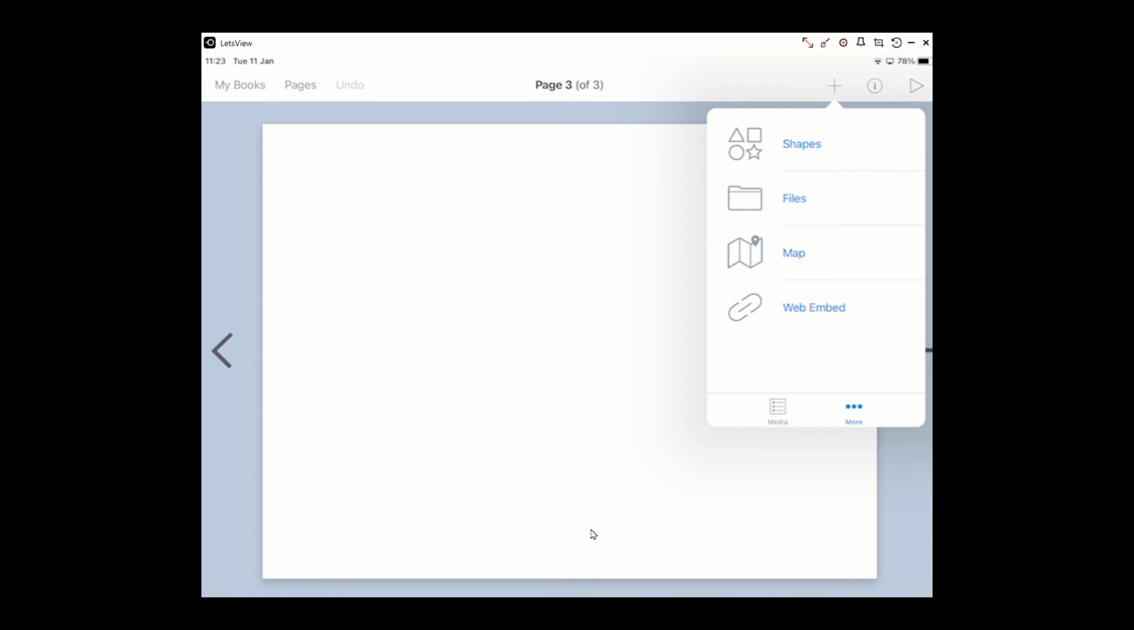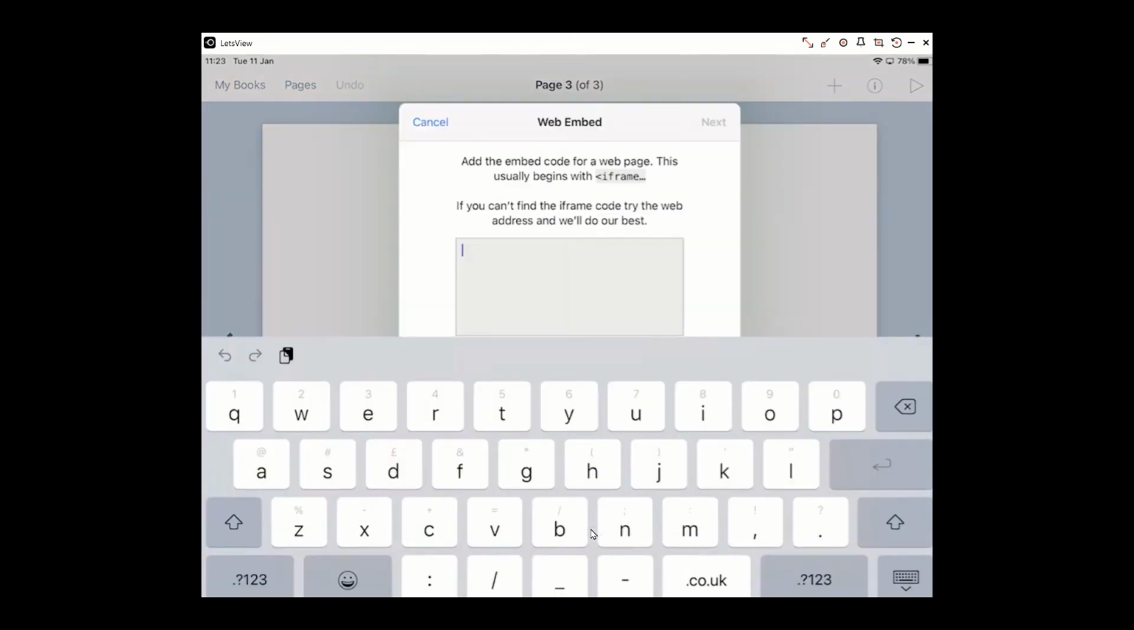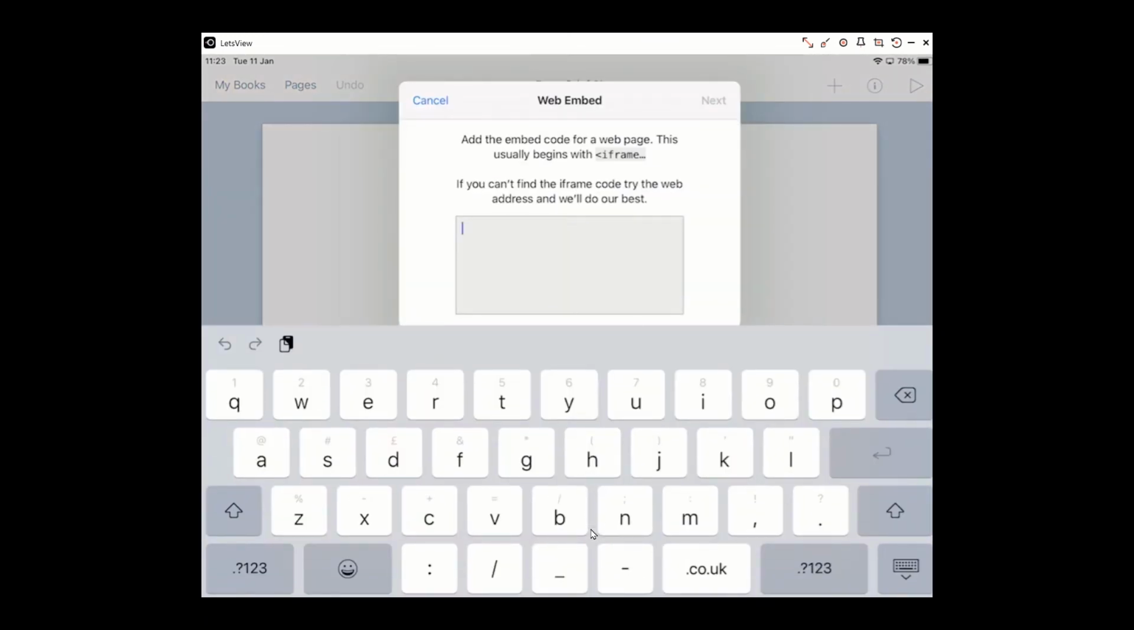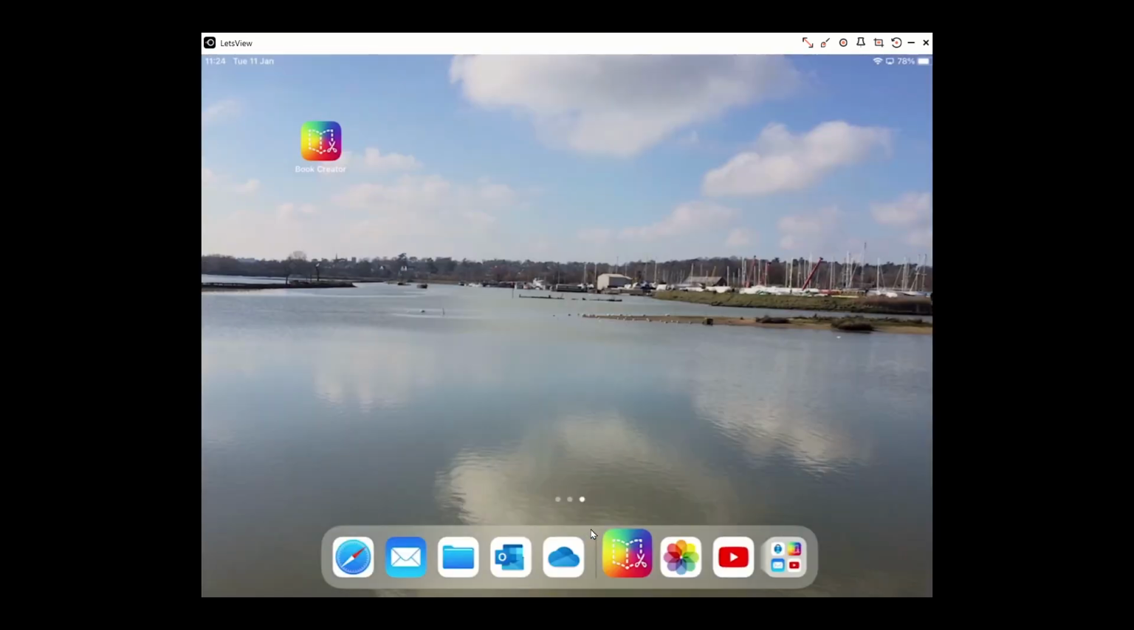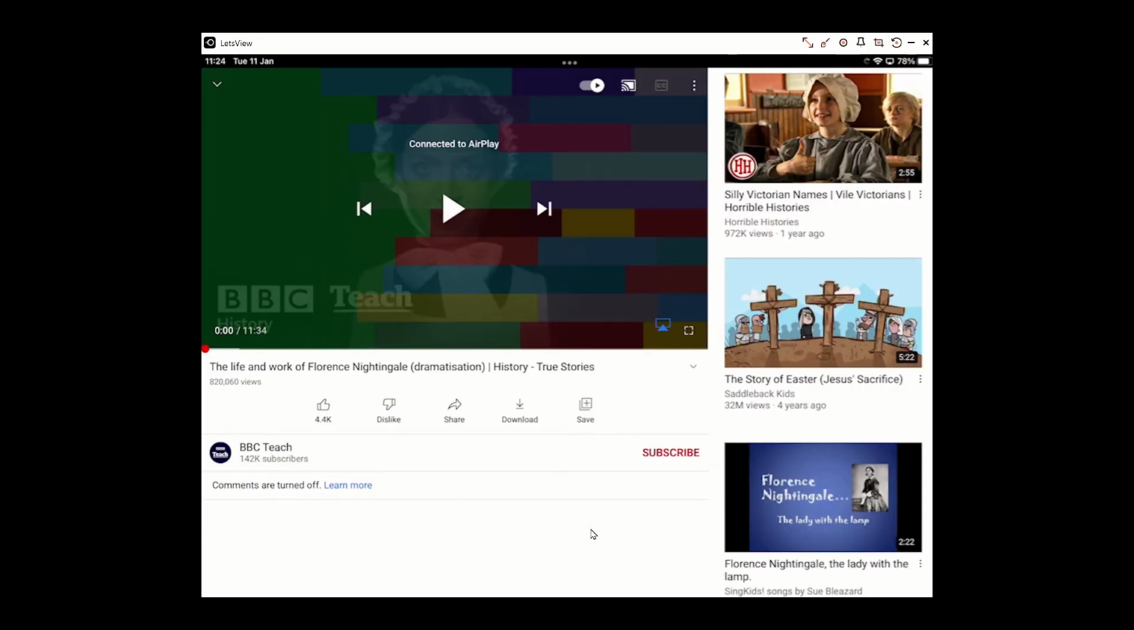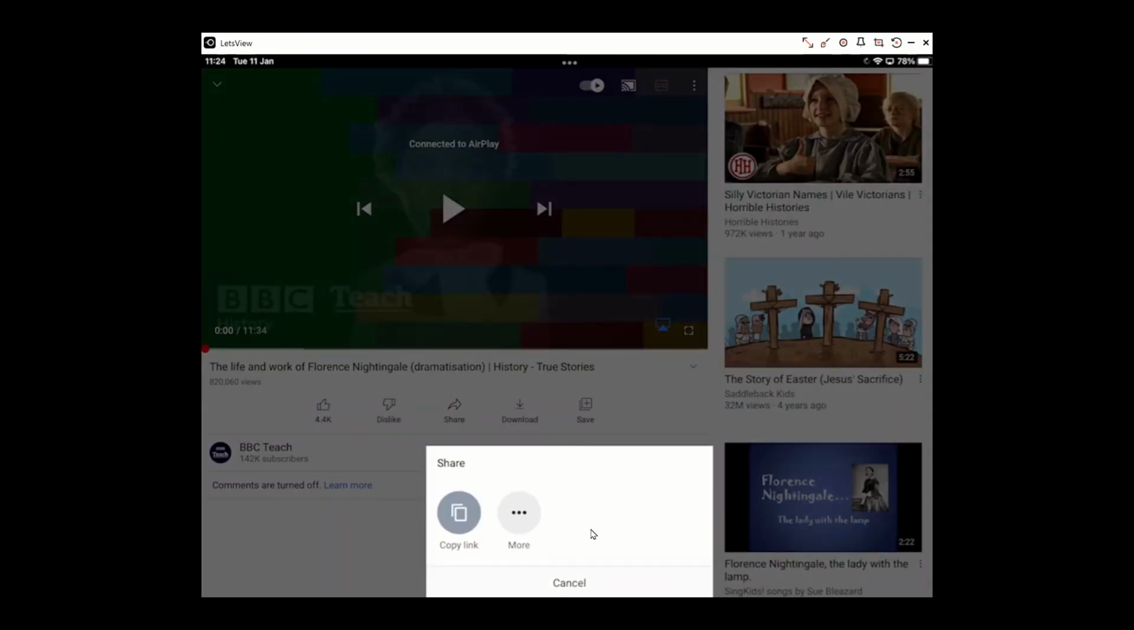That means I'm going to take a video from YouTube or somewhere like that and embed it on the page. So I'm going to choose web embed, and it's now asking me for some embed code, or if I haven't got the embed code, just a link to that kind of YouTube video will suffice. So I'm going to just bring up YouTube